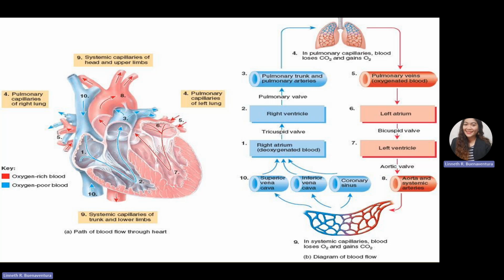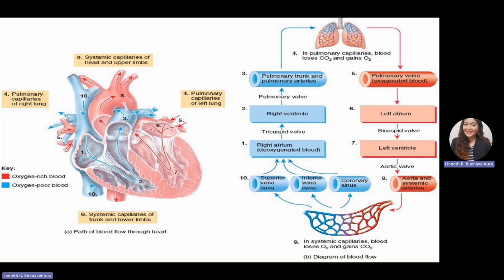Once the left ventricle is filled with blood, the bicuspid valve will close and the aortic valve will open to receive the oxygenated blood, and it will be transported via the aorta, which is the start of the transportation of blood towards